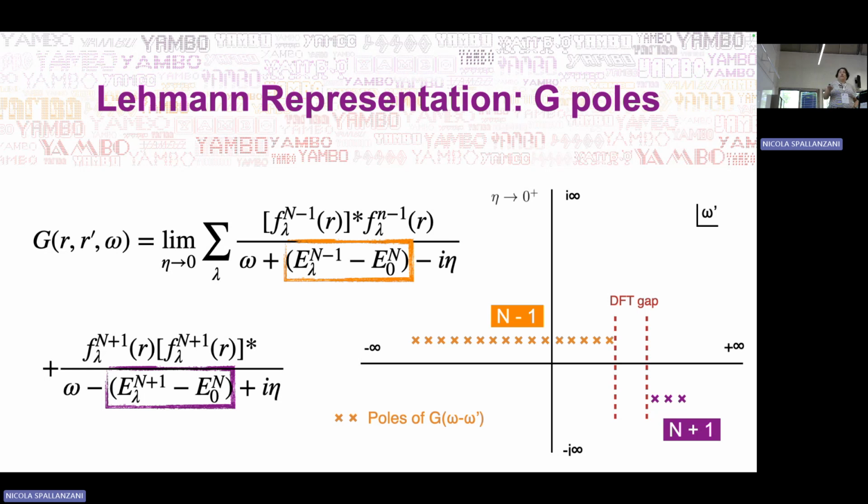So this means that we have poles at these points here. And if we plot the poles of the Green function, the poles of the Green function give us these energy differences. This is the frequency plane, a complex frequency plane. These poles will be infinitely close to the real axis because we have this limit here, and will be above the real axis for this term here with n-1 particles, and below the real axis for this